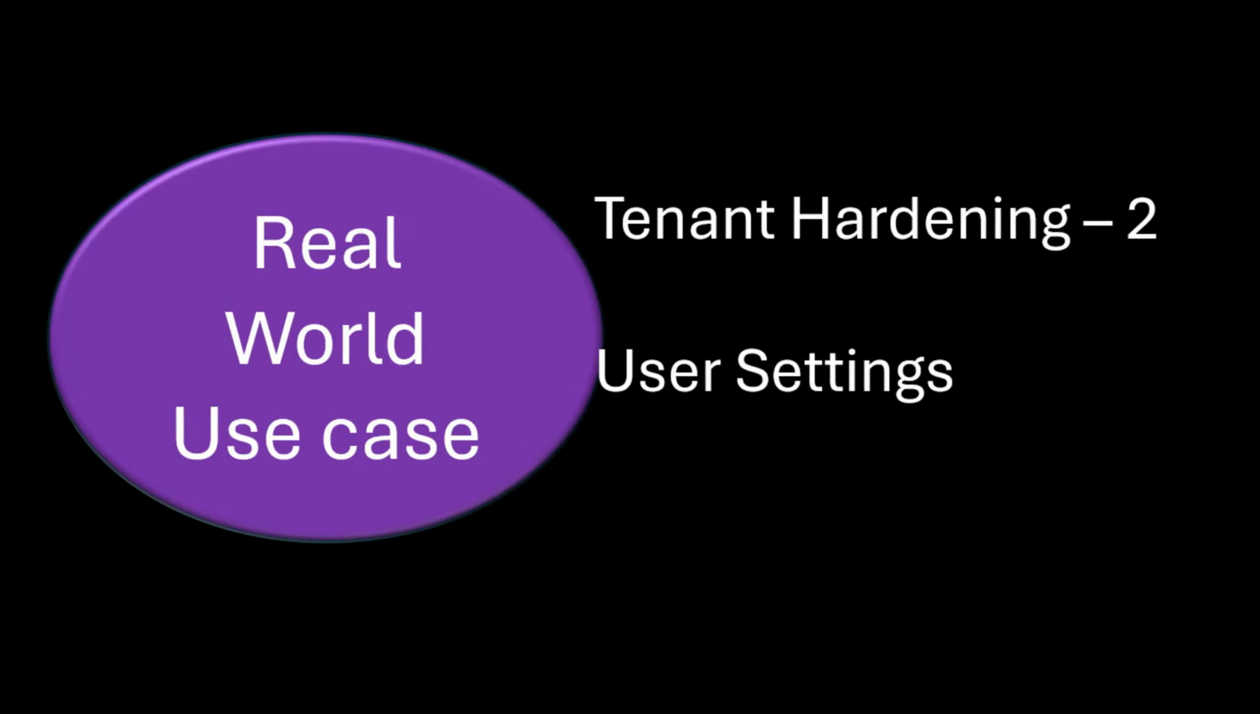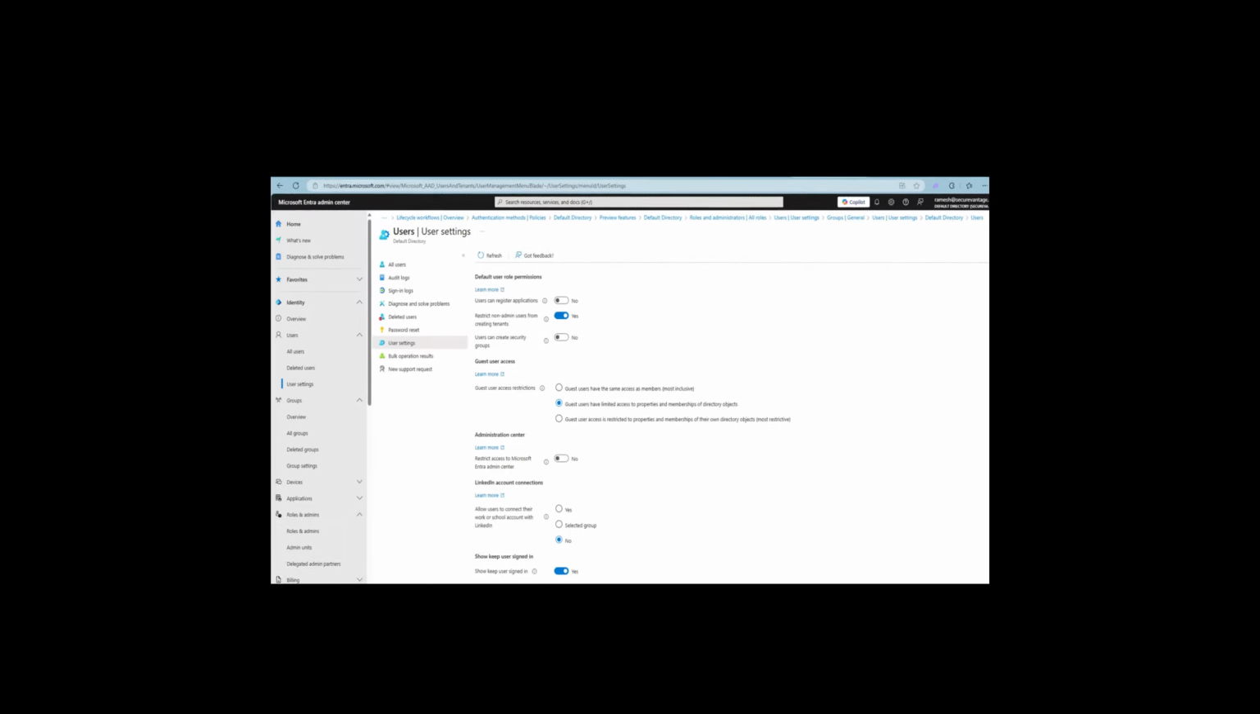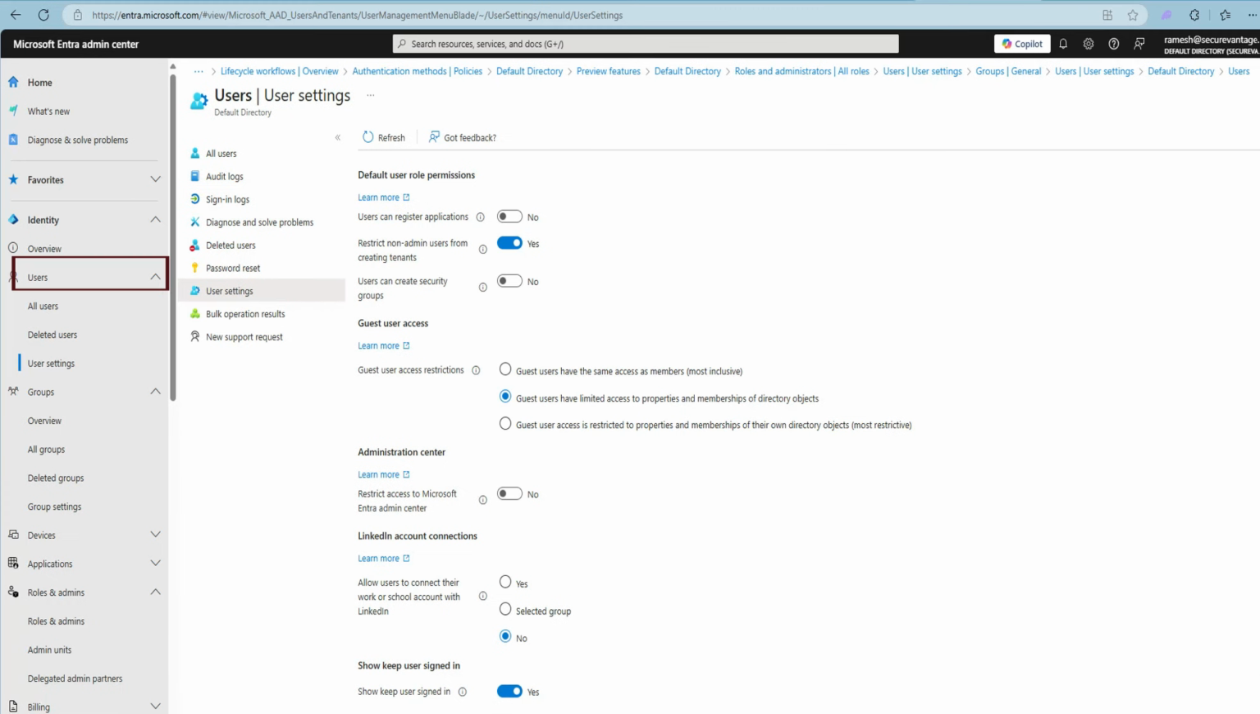As a security engineer or IT administrator, you need to configure user settings properly to control access, permissions, and security within your Microsoft Entra ID tenant. To check the user settings, you navigate to Users, then expand to see User Settings, and you see the page on the screen. As a security engineer, you must ensure that these user settings are rightly configured because default user